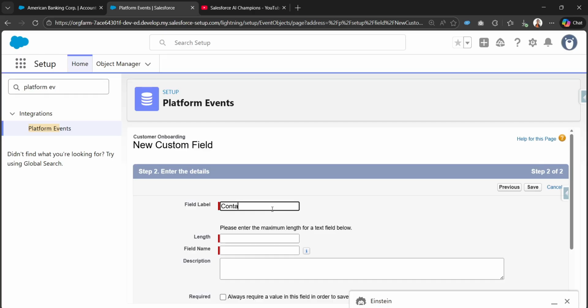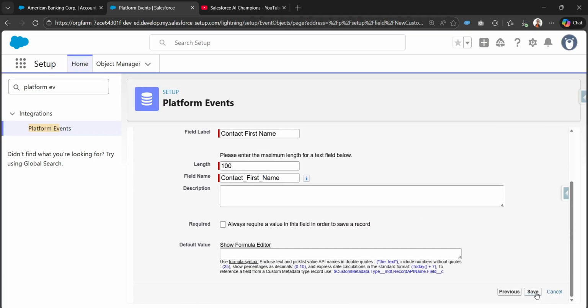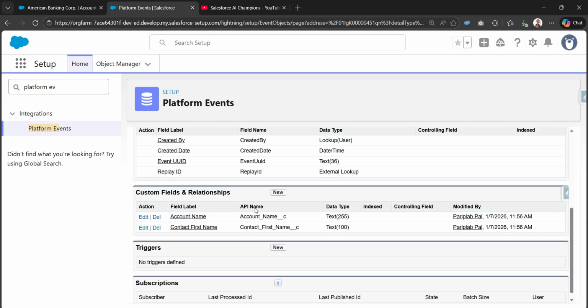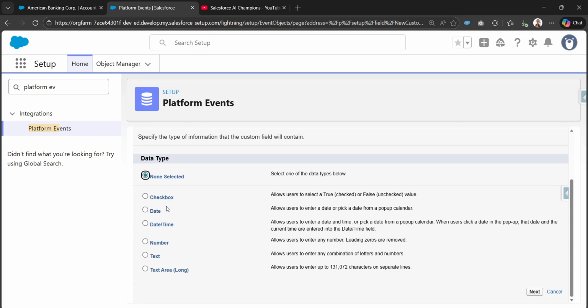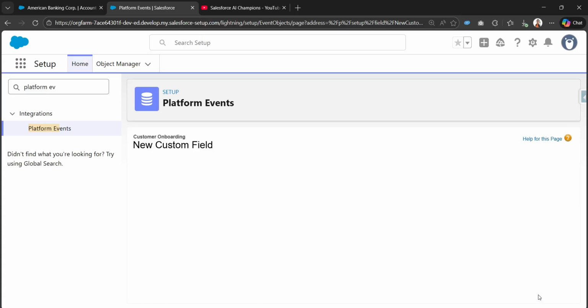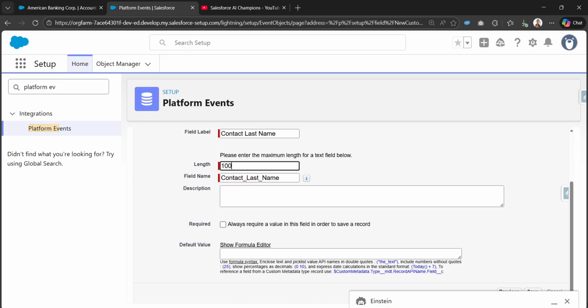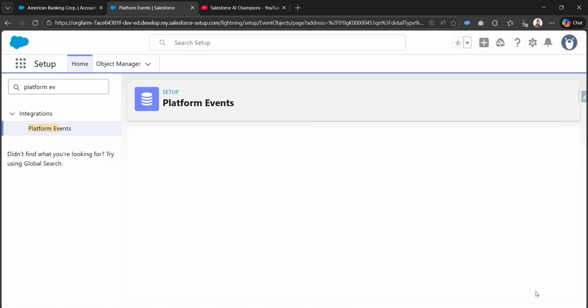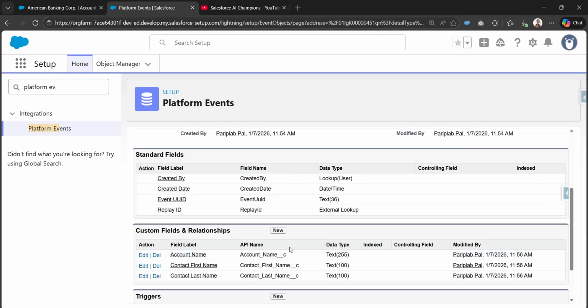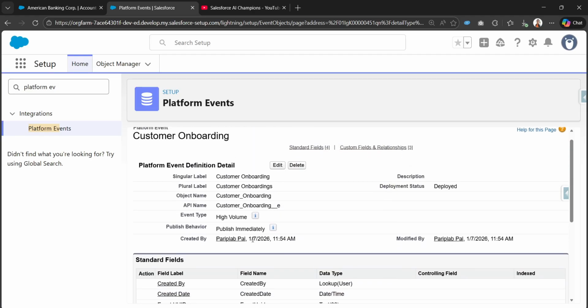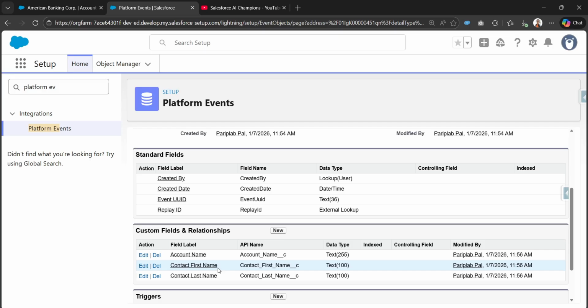Let me choose Contact First Name, with a length of 100 characters, and the final field would be Contact Last Name, and for its length, let me choose 100 characters, and click on Save. So this is how we can simply create a platform event, and we can define custom fields within this